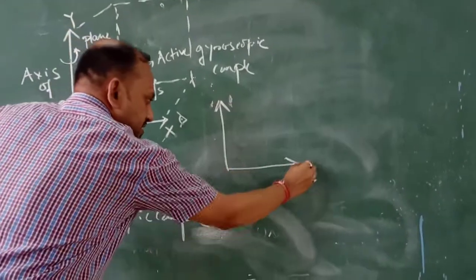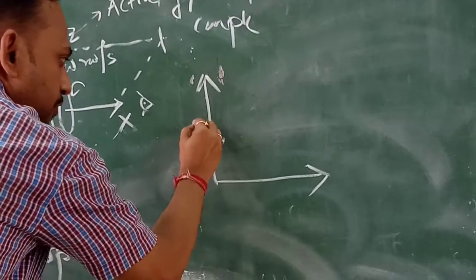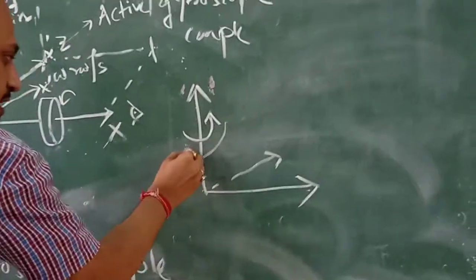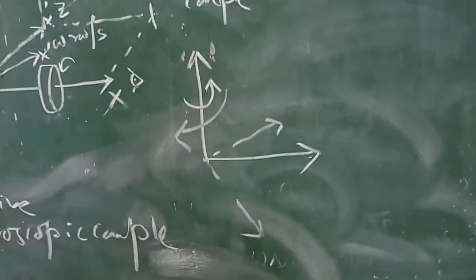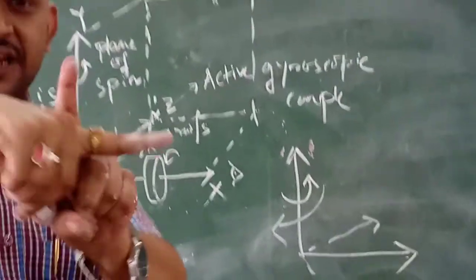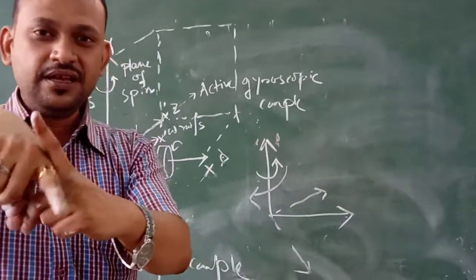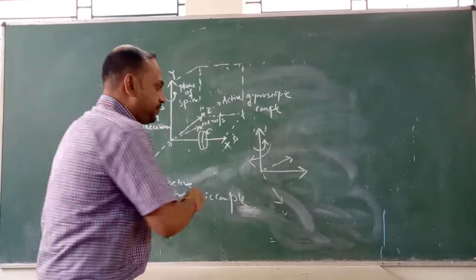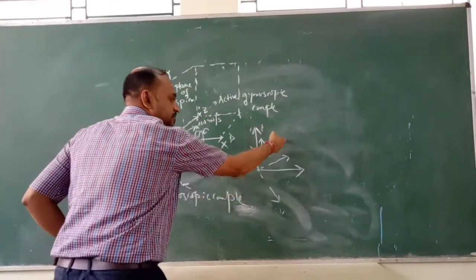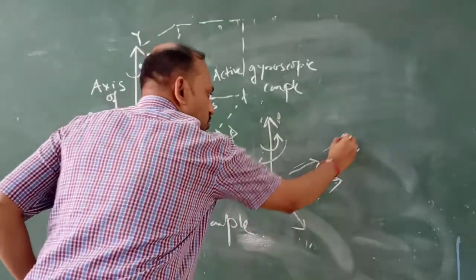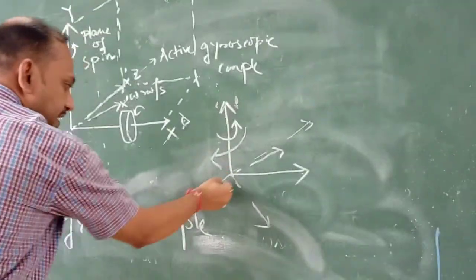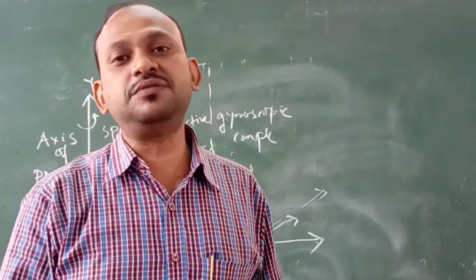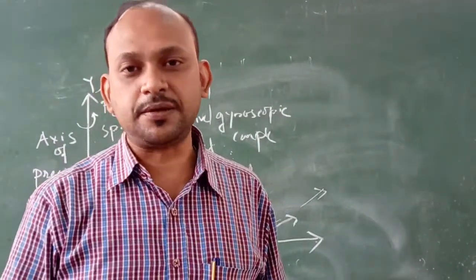whenever you see this as a link, then whenever this is rotating, this will assume a new position. If it is rotating in this direction, this will assume a new position. Both of them are connected to each other like this. Okay? So they should be perpendicular to each other. And suppose the rotation is taking place in this way, so the active gyroscopic couple will be acting in this way and the reactive will be acting in the opposite direction. And you have to always apply the reactive gyroscopic couple in order to balance the system.